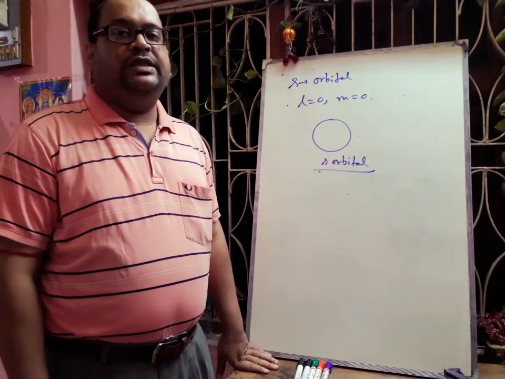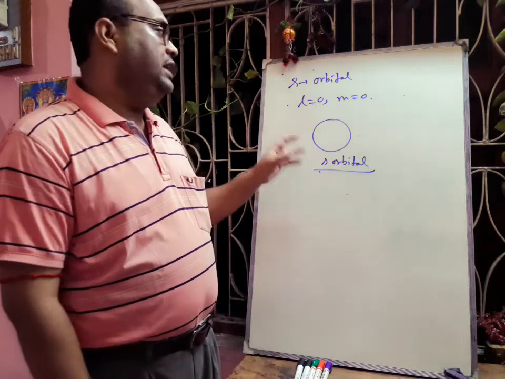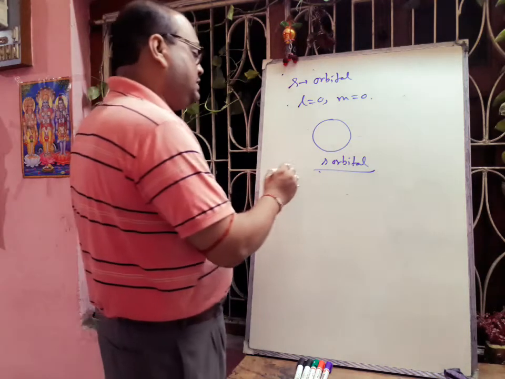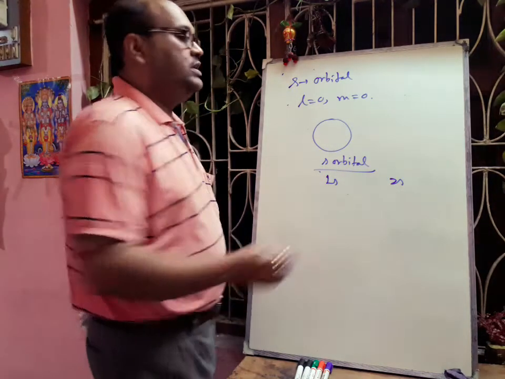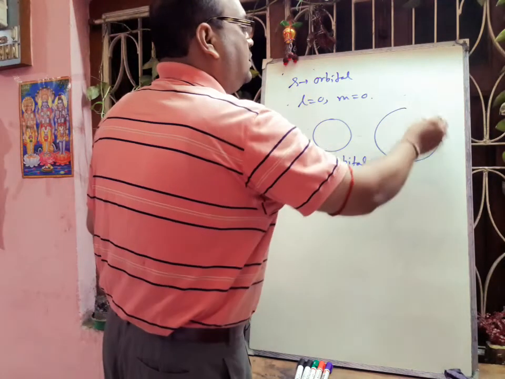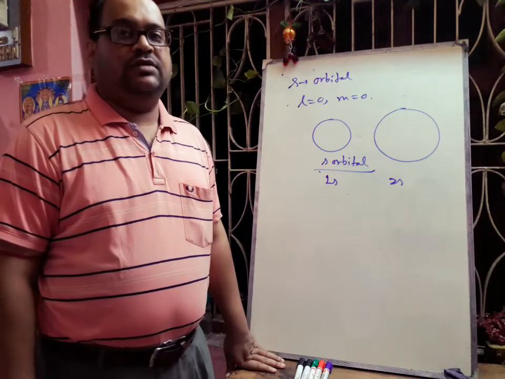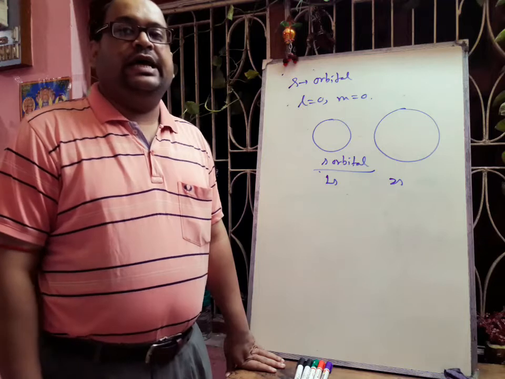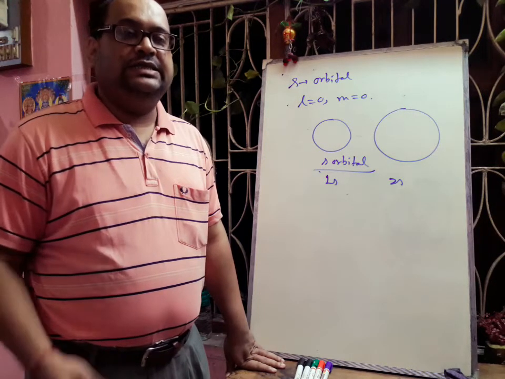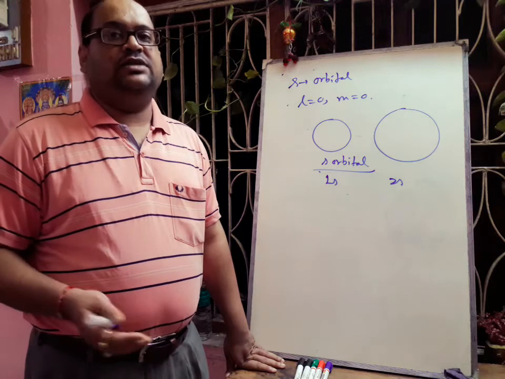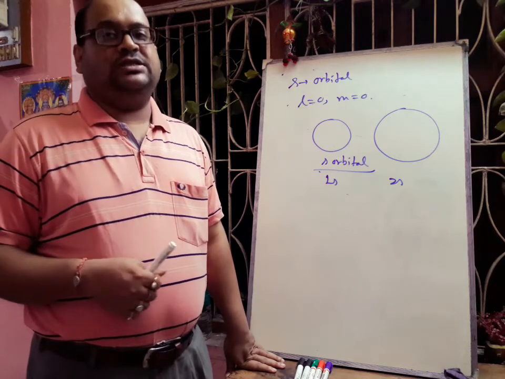And if we think about the 2s orbital, here the n is increasing. So if it is 1s, then what will be the volume of the 2s? 2s will be greater, because if we increase the n, the radius will increase. So greater the value of n, greater is the volume of the s orbital. Thus the 2s orbital is larger in size than the 1s orbital. So the 2s orbital consists of an inner and outer sphere.